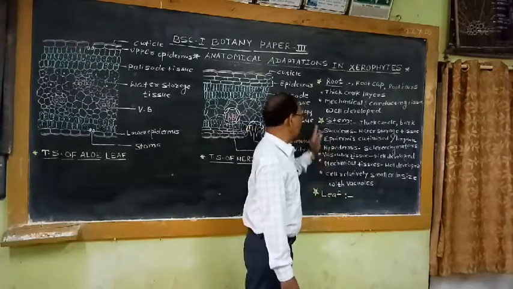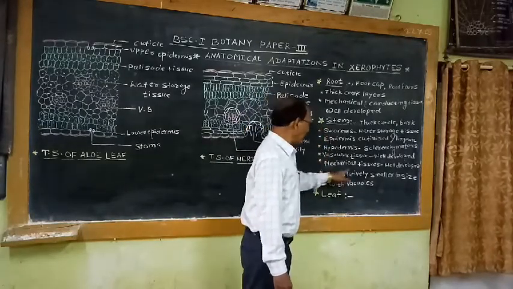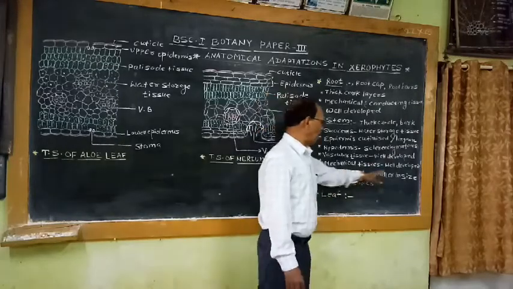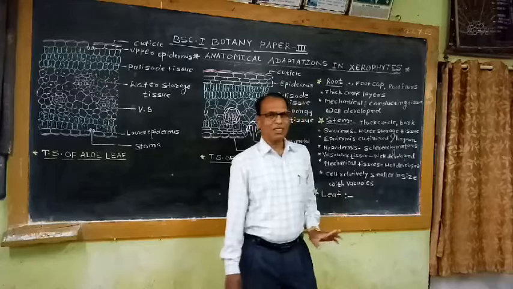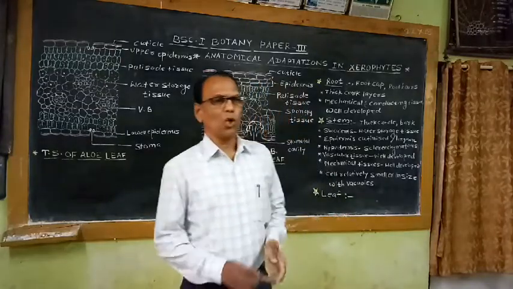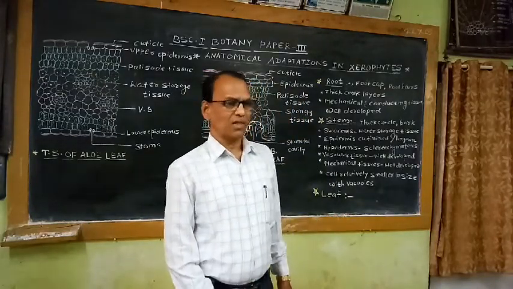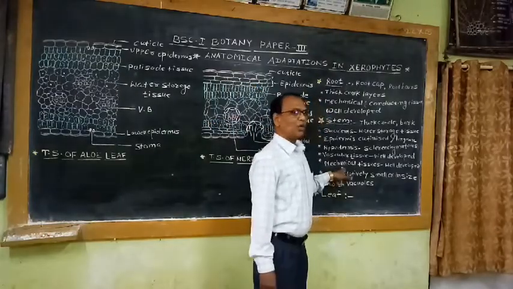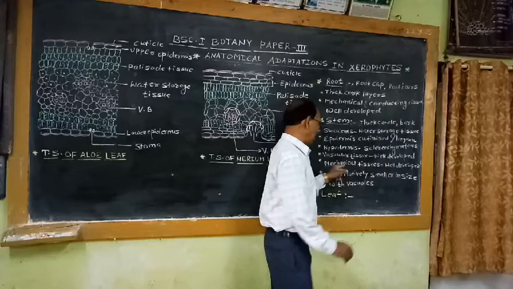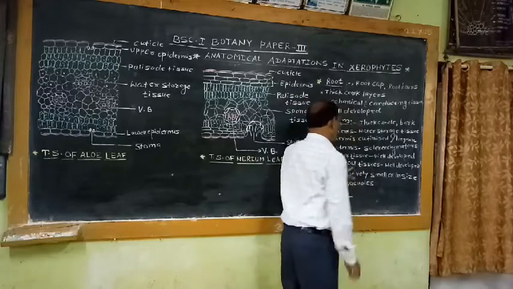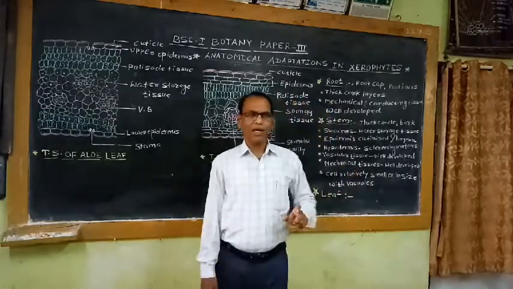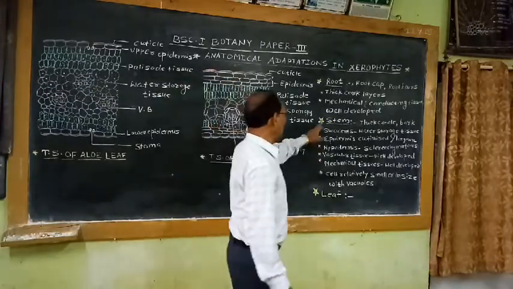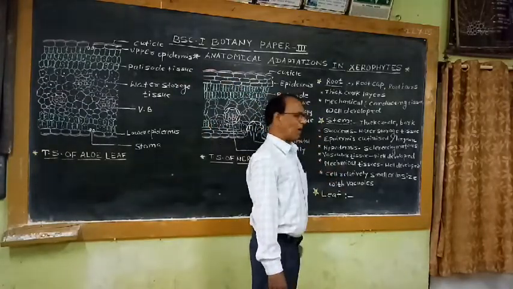So in perennial xerophytic stems, the mechanical tissues are well developed in the form of sclerenchyma as well as in the form of xylem. That means xylem is playing two roles. The major role of xylem is conduction of water and nutrients, and another role of xylem is to take part in giving mechanical support to the organs possessing them. That means mechanical tissues in the form of sclerenchyma, collenchyma as well as xylem tissue are well developed in the stem of all xerophytic plants.